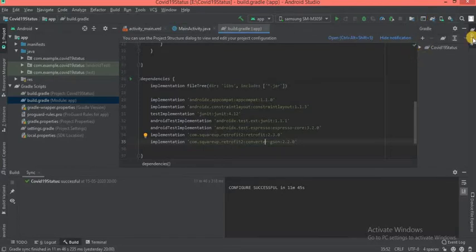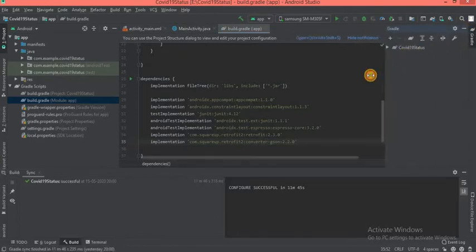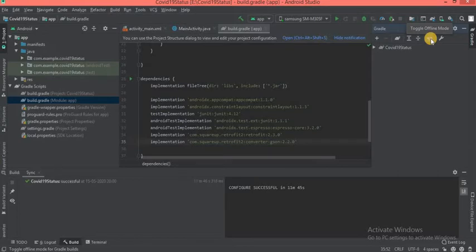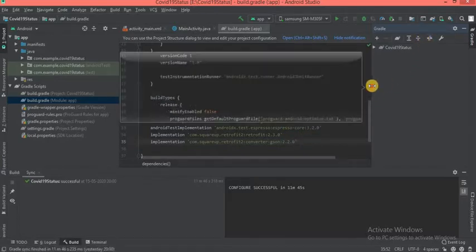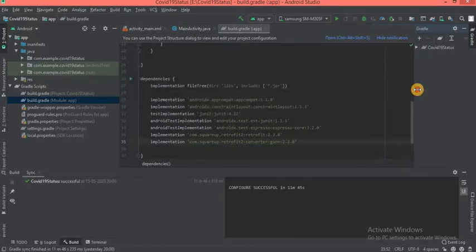Before that, open the Gradle tab and make sure that offline mode is disabled. If offline mode is enabled, these two packages will not get downloaded from the source, so it should be disabled, and you need an internet connection to download these two packages.